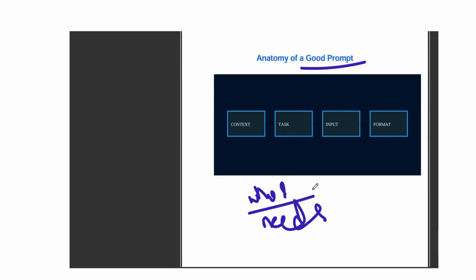Who am I? I have to mention my role to the AI. What do I want? What information should I give to the AI? And how do I want the answer? That's it. These four rules. Okay,